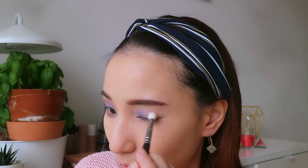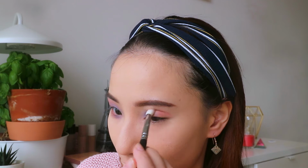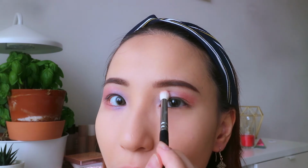Now I'm going in with Love, like the other eye. I'm just gonna put it in the outer corner. I'm slightly dragging it inwards where my crease is here, just so, you know, right above the purple there's a